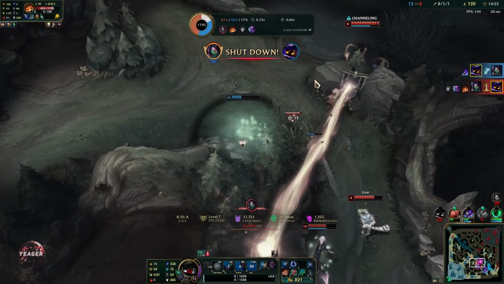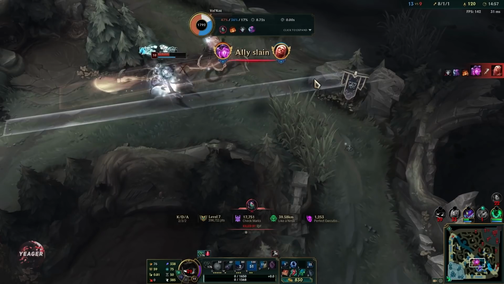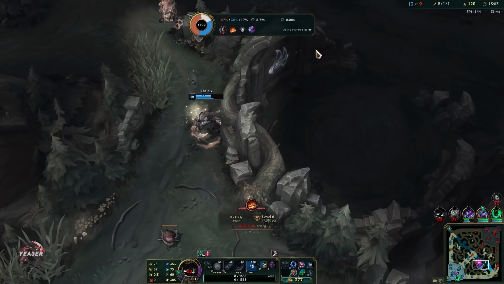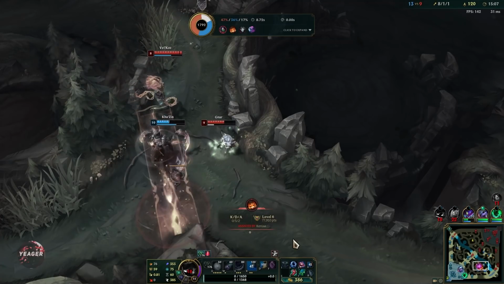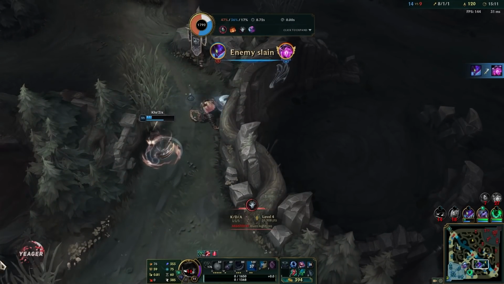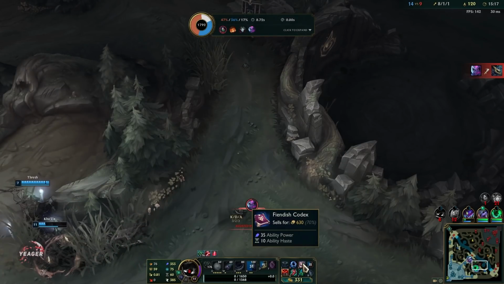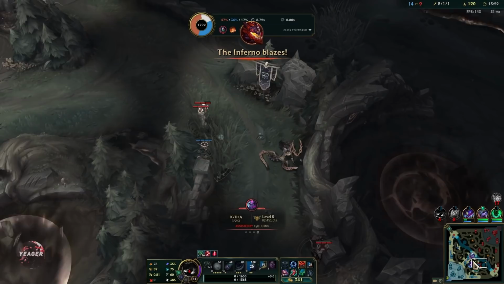Unfortunate, died to the ignite, but we are really fed right now, so if we try to group, then we'll be able to get a lot of picks, because we have that E, Veigar E is very good for shutting down people with. Right, nice play by Kha'Zix. We are losing the Drake though because people got caught, so that's a bit unfortunate, but not too bad. And now the Inferno Dragon